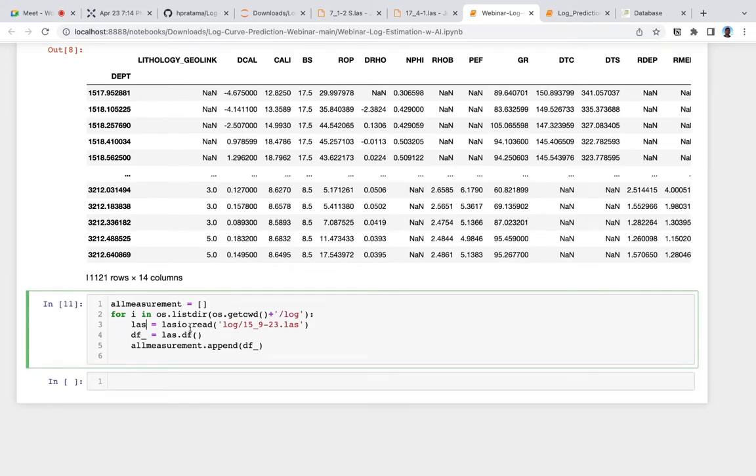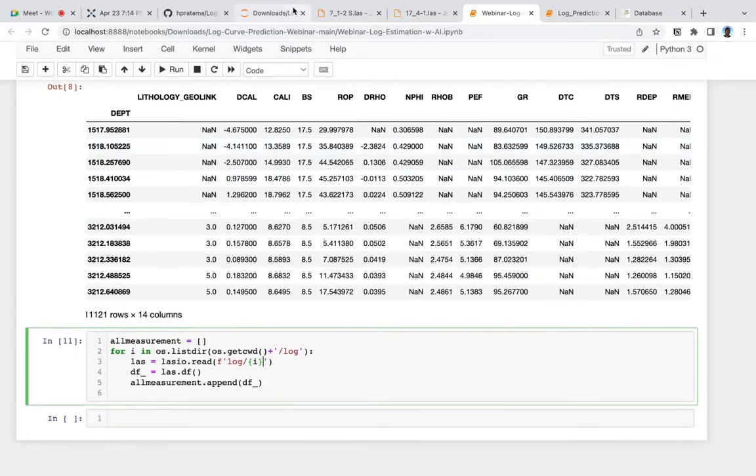And then run. Okay, so basically it will read one by one well log curve in here, and then transform into the data frame, and all the data frames are appended into the all_measurement in here.